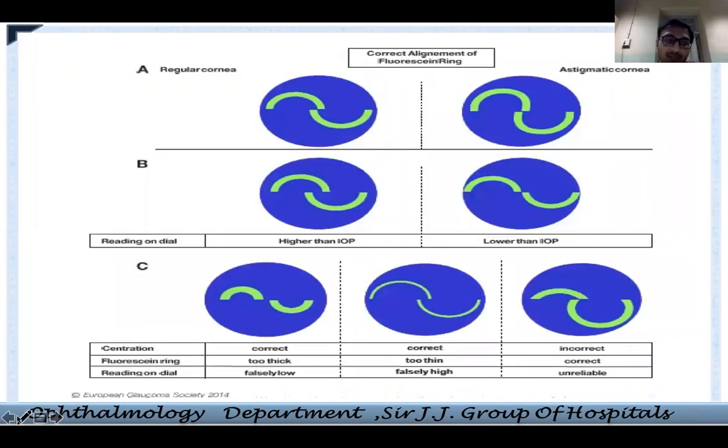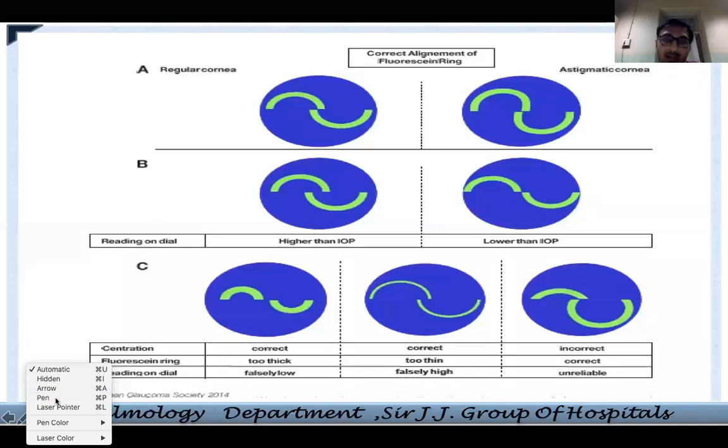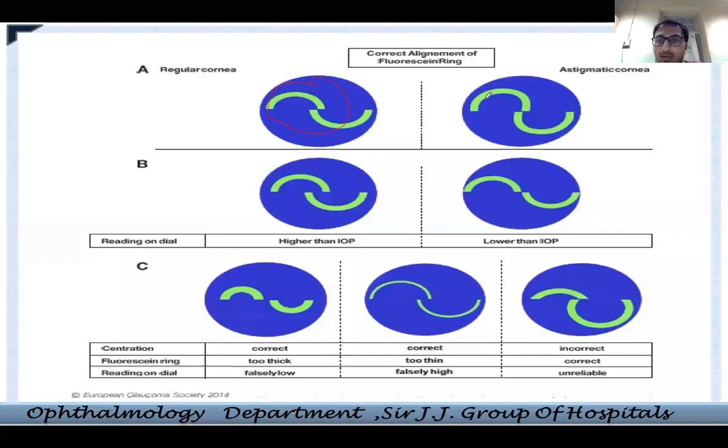Then these are very simple things that again you should know. They're very classical dictums. This is what you should get on a regular cornea. If you see an oblong kind of a thing, you know you're dealing with an astigmatic cornea, and your applanation tonometry is not good when you have a highly astigmatic cornea, like more than 3.5 cylinder. If you get a thick bulky mire, you know you have put more dye instead of a minimal dye. If you get thin and slim mires, you know you have put minimal dye.